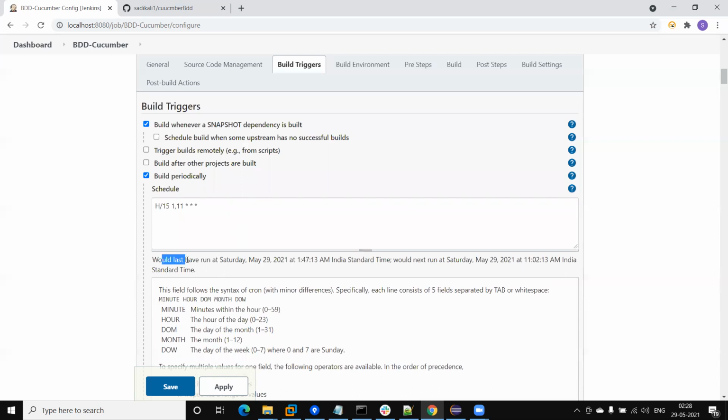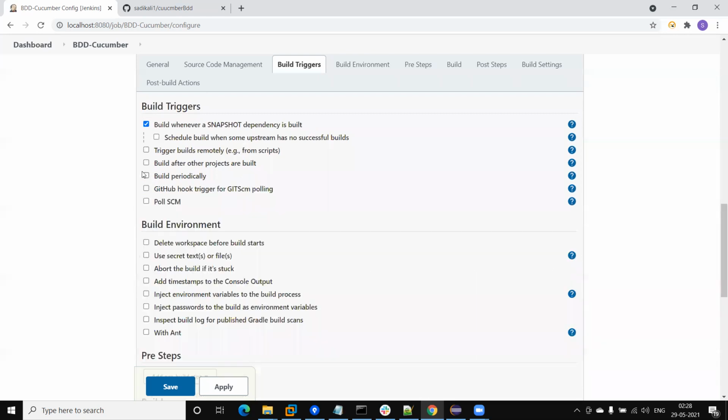Now the last run was Sunday 29th, and next this will run on the 11th. It means we are passing here every hour. Suppose we want to execute this every day after 10:15, this will work like this. Similarly, we can schedule the execution here.